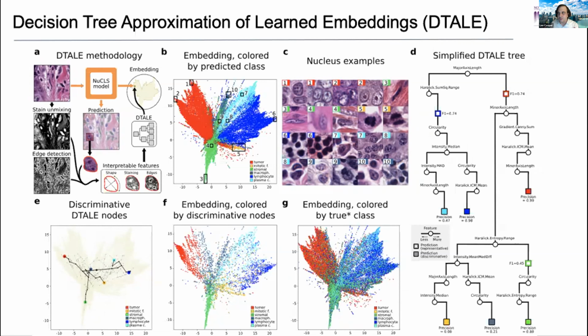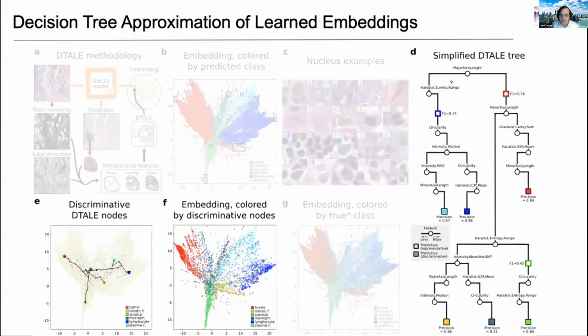And so the way that we did this was we have our segmentation data. From our segmentations, we can calculate all kinds of morphologic features like texture, shape, and size. And then we use those to train this decision tree algorithm to approximate the performance of the deep learning classification algorithm. And then what that gives us is this tree that has all kinds of decisions based on morphologic features that we understand. And so that allows us to try to understand what types of morphologic cues this deep learning algorithm is using for classification. So I'll just skip ahead here and show you this example.